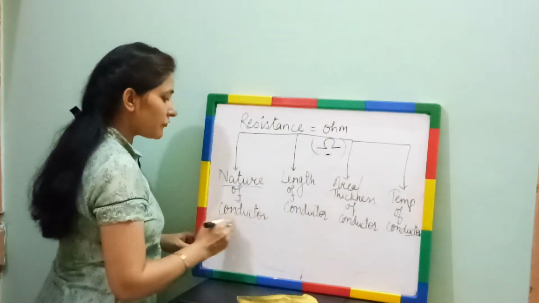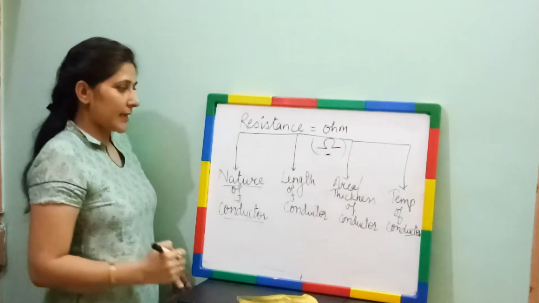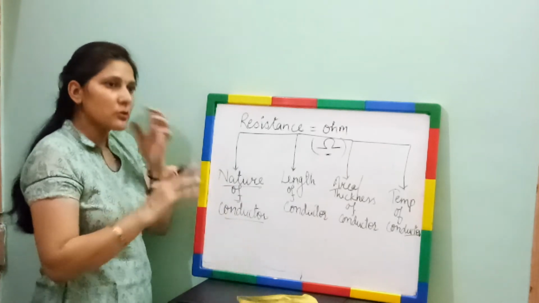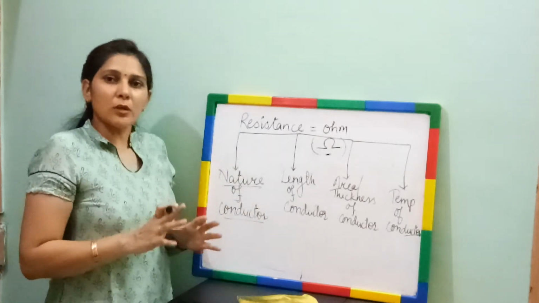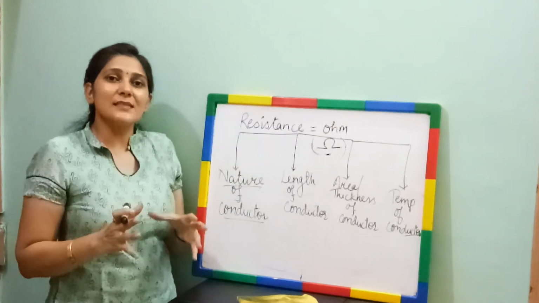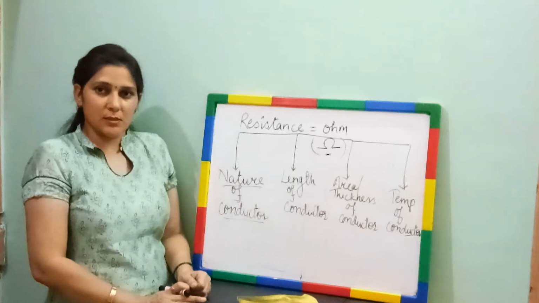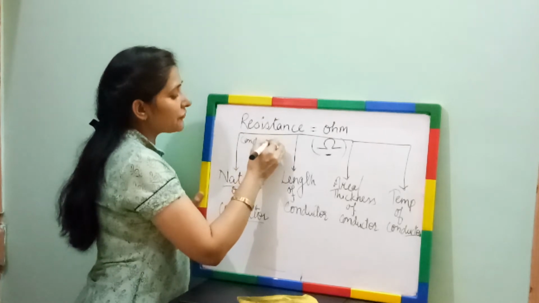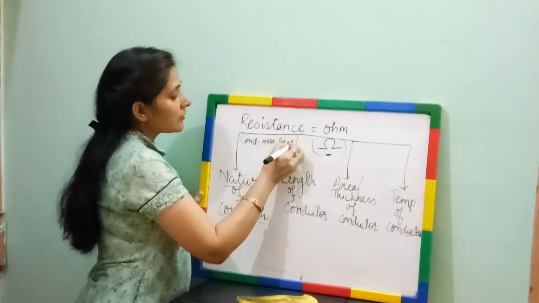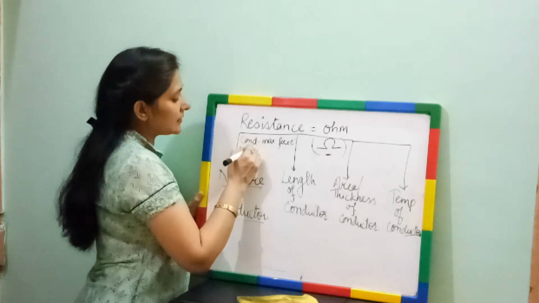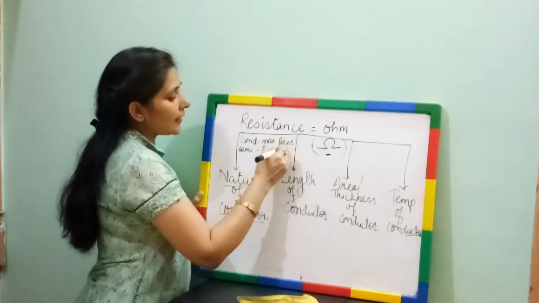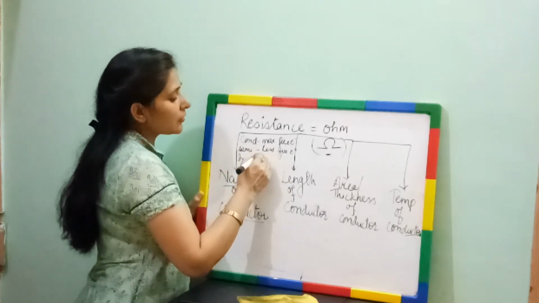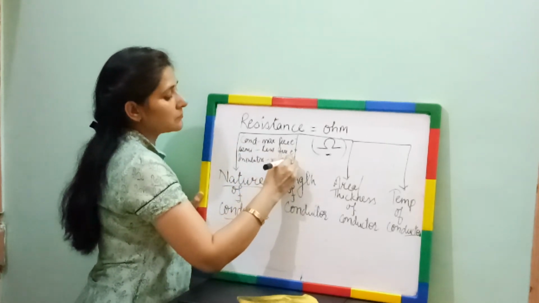First one is nature of conductor. If the substance is a good conductor, or we can talk about the rest of the substances too now. When we are talking about different kinds of substances, all the substances have different numbers of free electrons in them. If we are talking about conductors, they have maximum free electrons. When we are talking about semiconductors, less as compared to conductors. When we are talking about insulators, the number of free electrons is minimum.